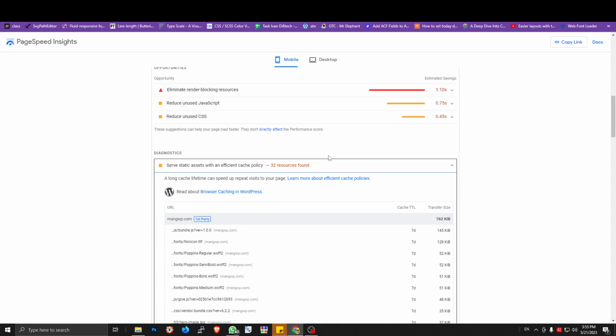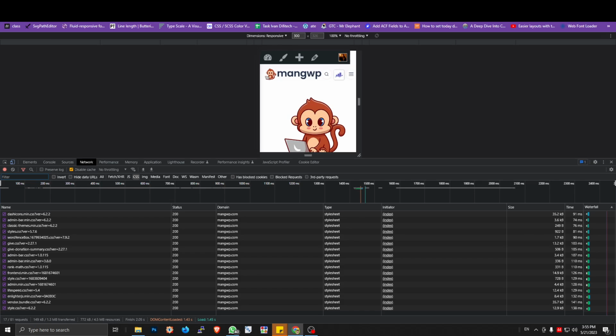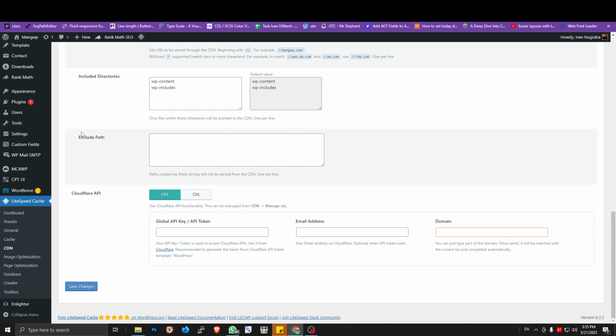But if you're using OpenLiteSpeed server, even if you install the plugin for the LiteSpeed server, so this is the plugin name. Its name is LiteSpeed Cache plugin.